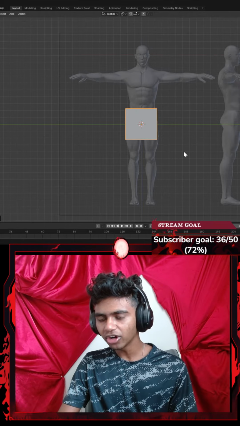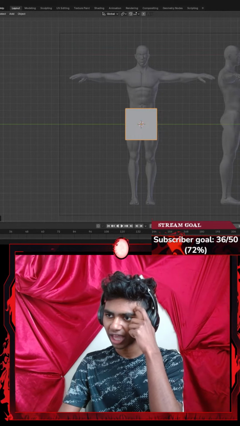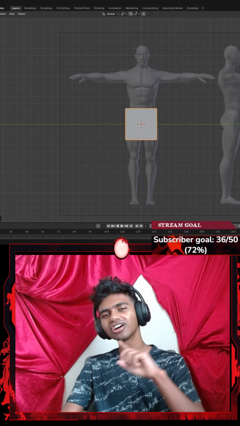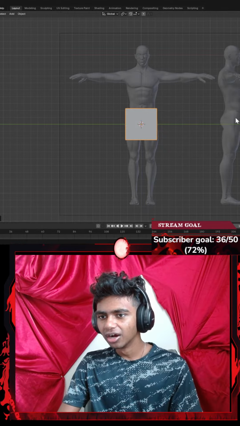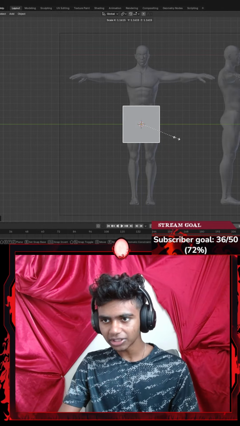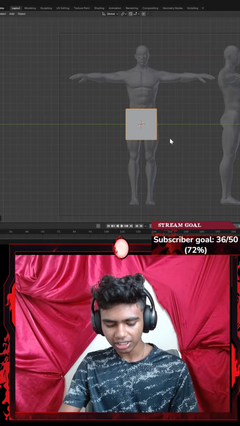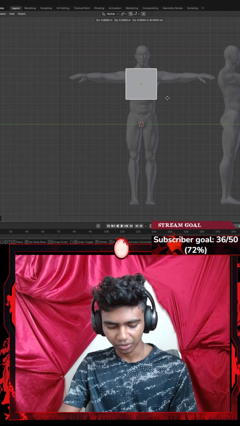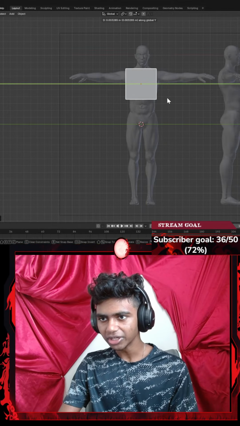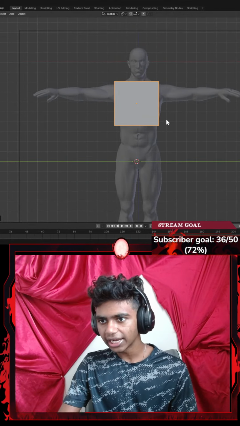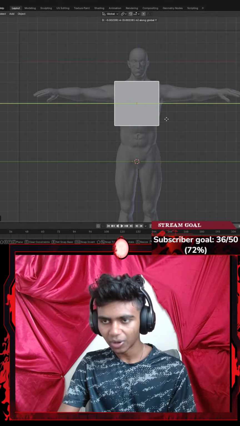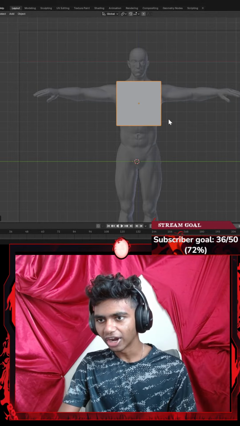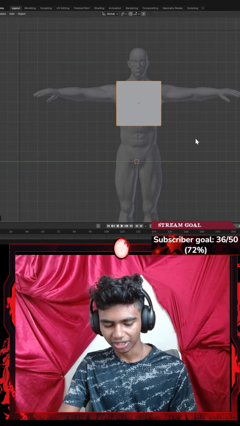Okay, now I'm gonna go ahead and add a few modifiers. I'm pretty sure I gotta add a mirror modifier. But before I actually do that, I'm gonna go with something like S. Decrease the size a little. Let's go with something like GZ. Get myself a bit up. Let's go with GY, to go a bit here. There we go. Okay, now I'm gonna go with a bit more to the GY axis. There. I'm pretty sure this is how it's done.